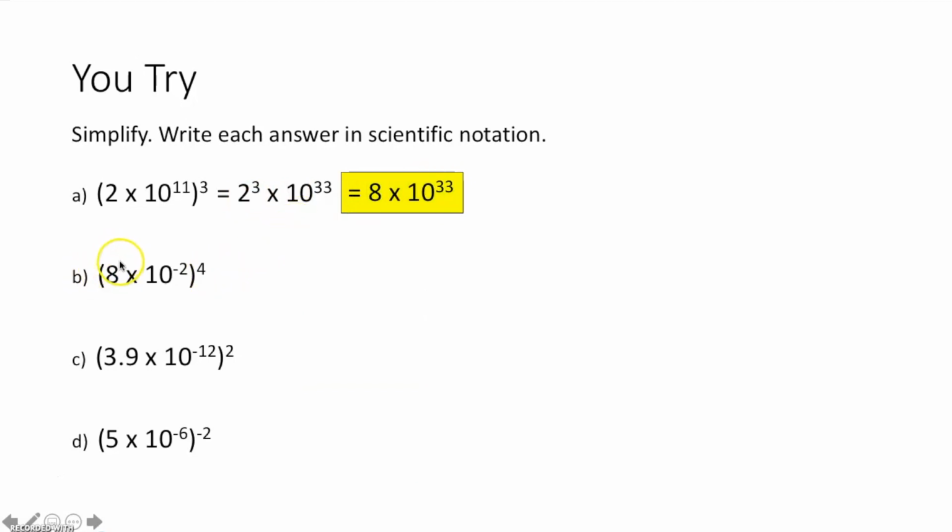Here, again, this is 8 to the first power, and since we have power to a power, the 4 has to multiply to the -2 and to the first power here. So it becomes 8 to the 4th times 10 to the -8. Now, what is 8 to the 4th power? That's 8 times 8 times 8 times 8. That's going to be